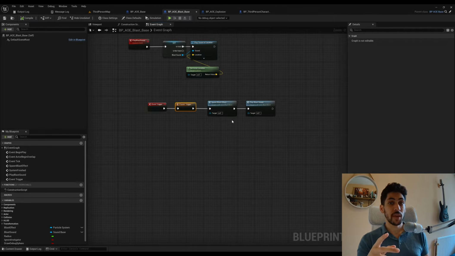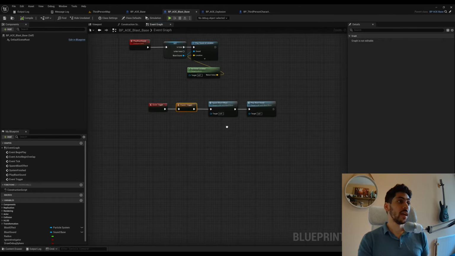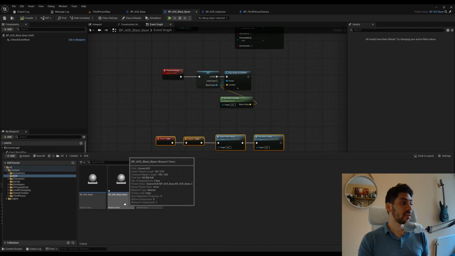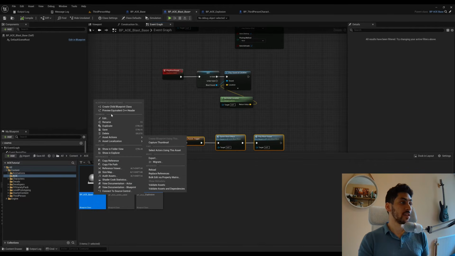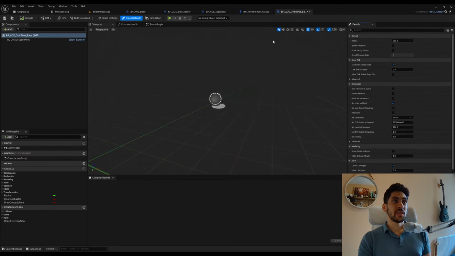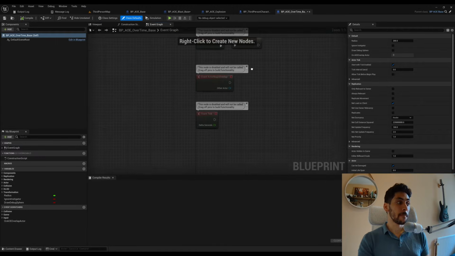Now, I also mentioned that we have another type of AOE, which is the sort of AOE over time. I'm going to go here and, off of our base, create a new child. Call it BP AOE over time base. As I mentioned, this can be something like you're standing in fire, or there's an AOE heal that keeps healing you as you keep standing in it. So this is going to behave slightly differently. It's going to have two